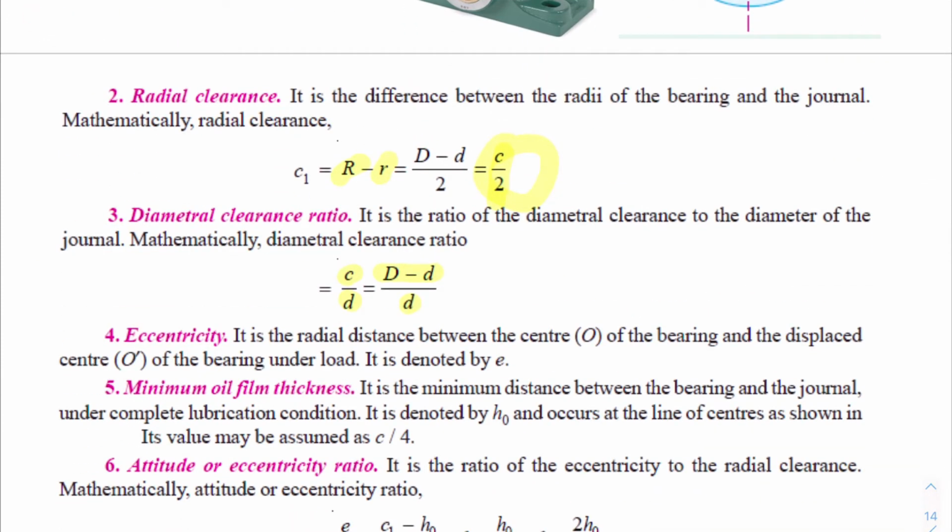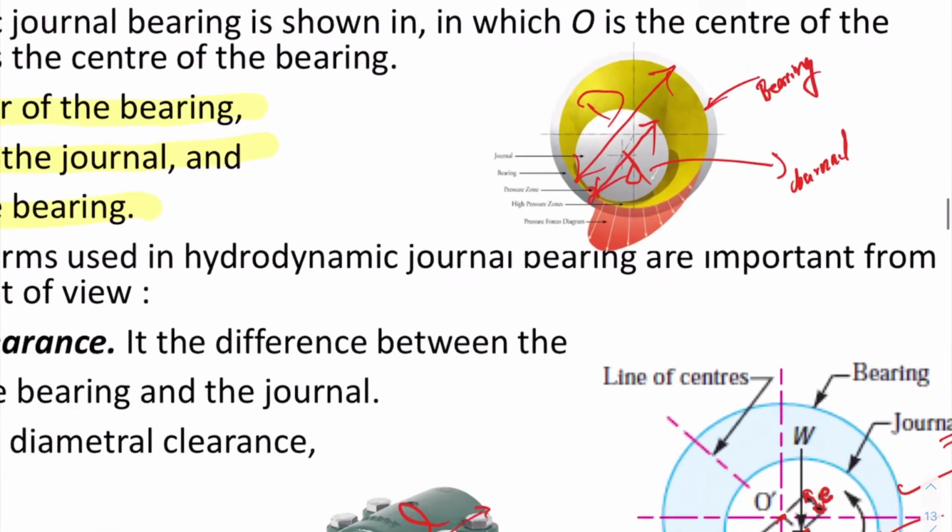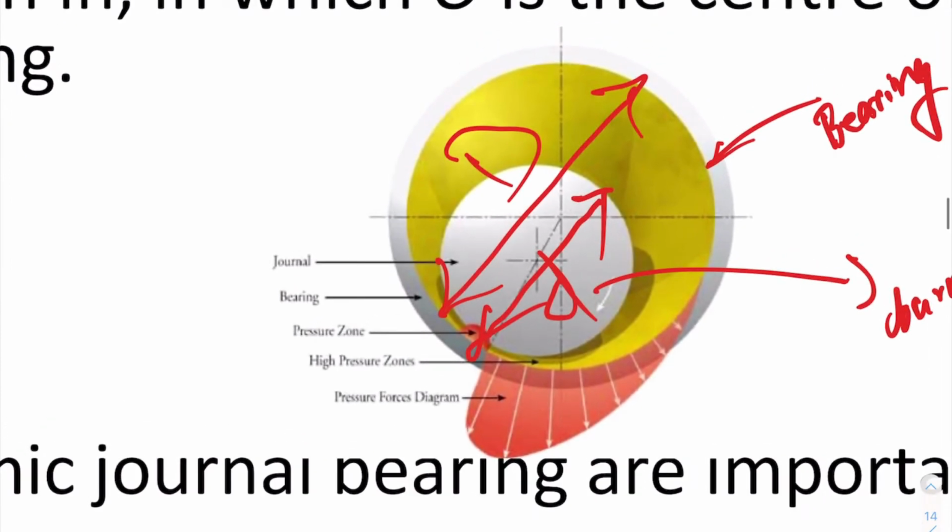And the fifth one, minimum oil film thickness. That means, here you can see I marked it here. Whenever the bearings start the hydrodynamic action, the shaft begins to lift slowly within the cavity, and after some time it will avoid direct contact between the inner surface of the bearing and the outer surface of the shaft. And if you want that to happen, you have to make sure there is a minimum gap between the shaft and the inner part of that bearing.